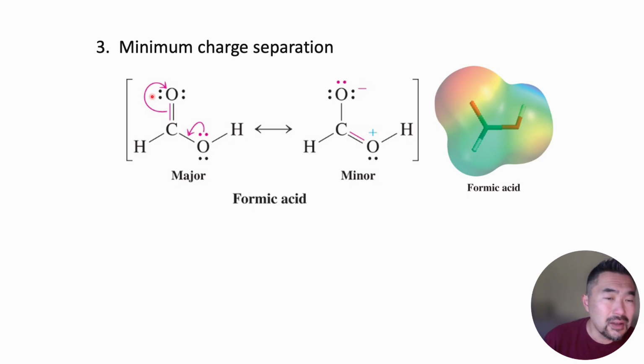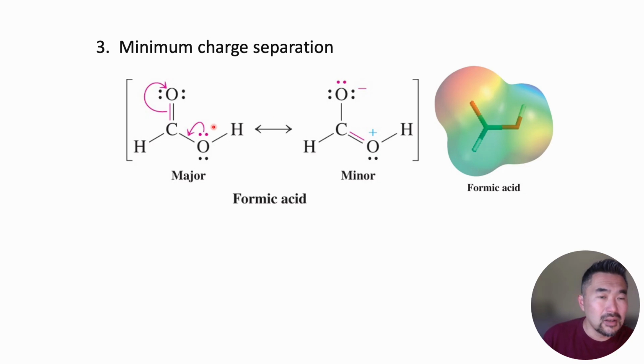By the way, one thing I forgot to mention: when you go from this structure to that structure, when you go from one resonance to the other, the only thing that should move around is electrons, and not bonds or the connectivity. If the connectivity of the molecule changes, or if an atom moves around, that is no longer a resonance form. It's the result of a chemical reaction. But if the only things that moved are the electrons, and the connectivity is intact and the same,